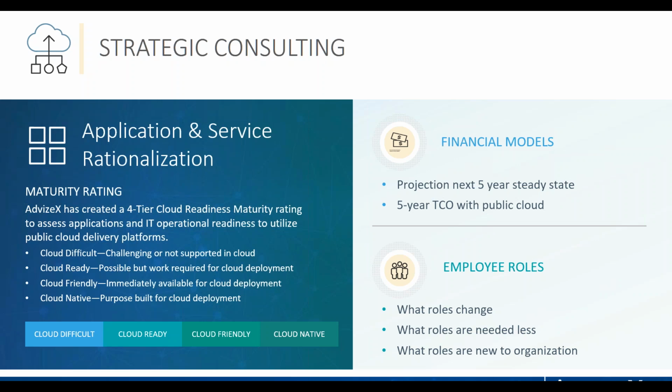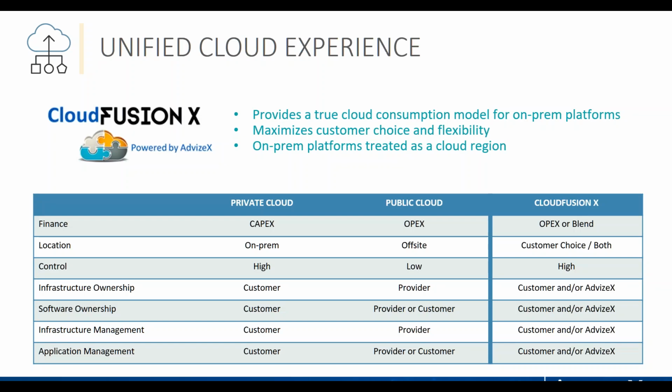And again, this is not a one-size-fits-all. So we have a methodology that we go through to look at your current workload, how busy folks are, what their skill sets are, and then begin to plan that with you. And finally, on top of that, we offer what we call Cloud Fusion X, which is a way for you